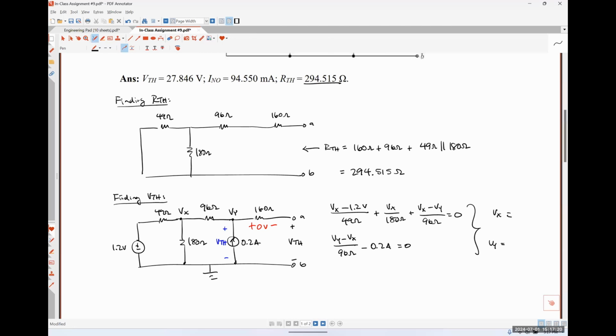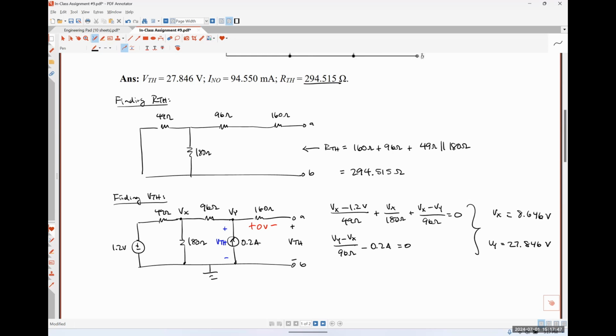My coefficient for Vy is positive 1 over 96, and my constant term is positive 0.2. When I solve that system, I get Vx to be 8.646 and some change, and Vy to be 27.846